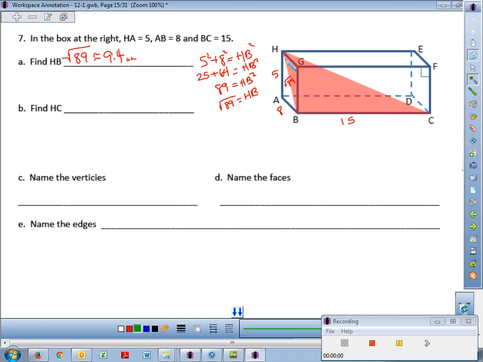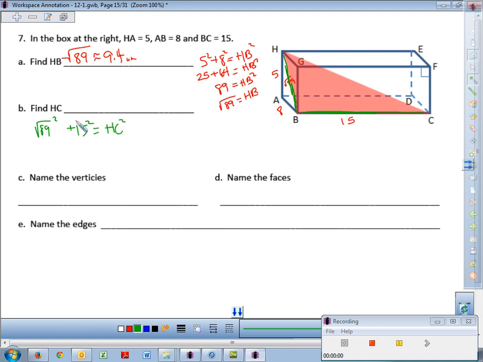And we have a leg right here that is the square root of 89, and another leg of 15 right there. We're looking for the distance from H to C, which is that hypotenuse. So I've got the square root of 89 as a leg, and that needs to get squared, plus 15 squared should equal the distance from H to